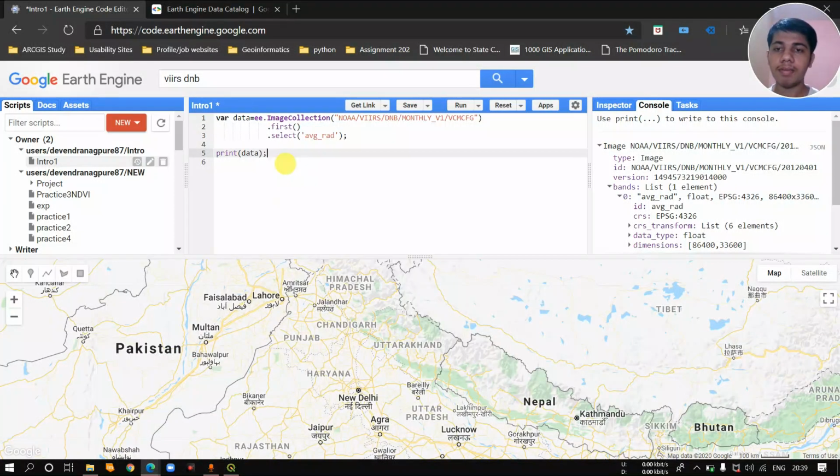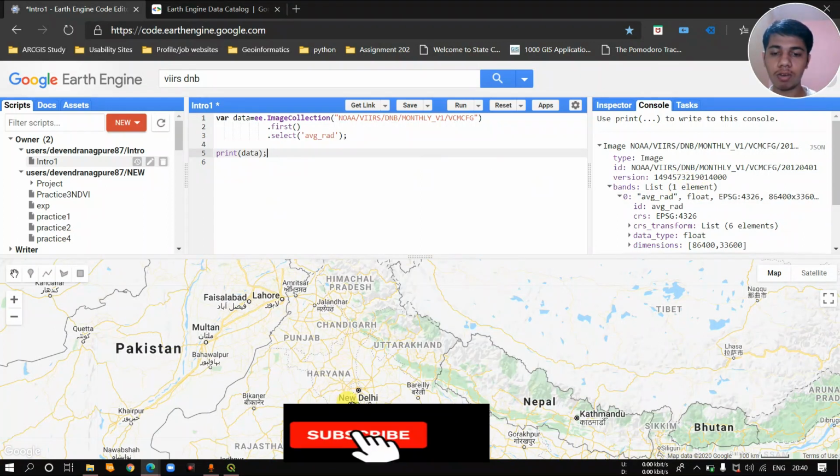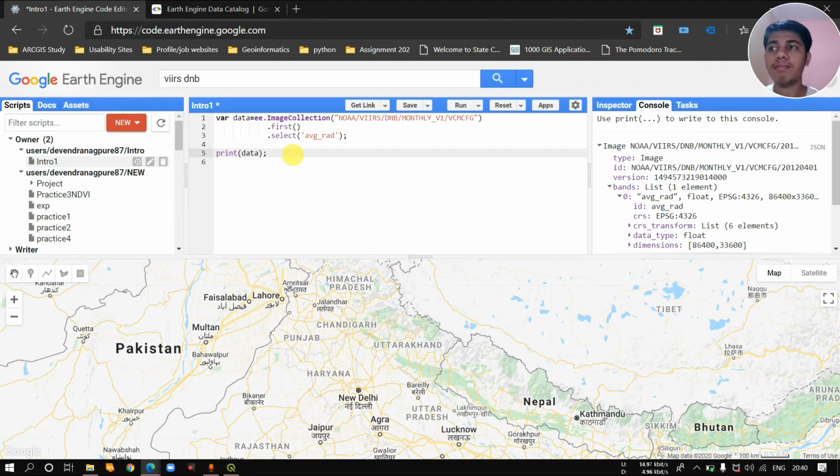As I said, the code you are typing is running perfectly fine, but you cannot see the data in the map. For that you first have to set your region of interest, because the data you will be getting is humongous and would take lots of time to process.